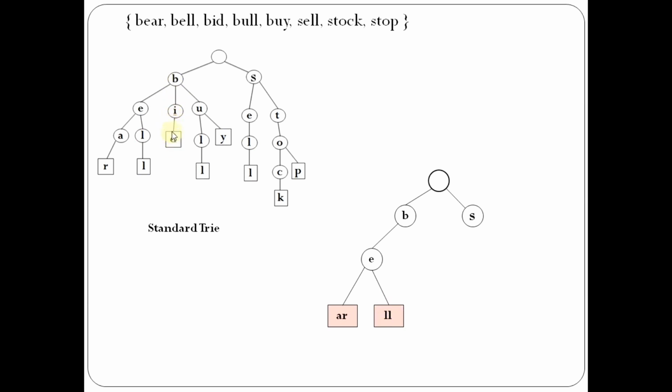We combine I with the D, so we will get ID here. If we consider the U has 2 children, so we have to keep U as it is. We have to perform compression only if it has less than 2 children. So if we consider the next child, that is L, the L has a single child, so combine it, compress